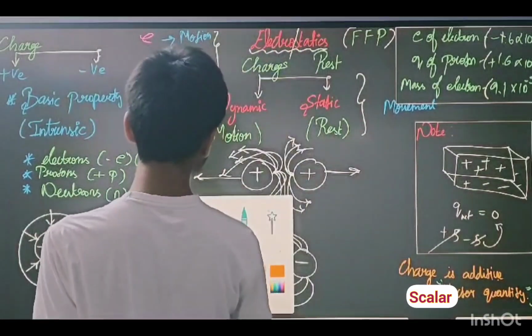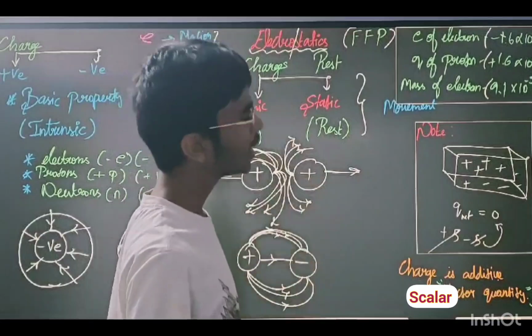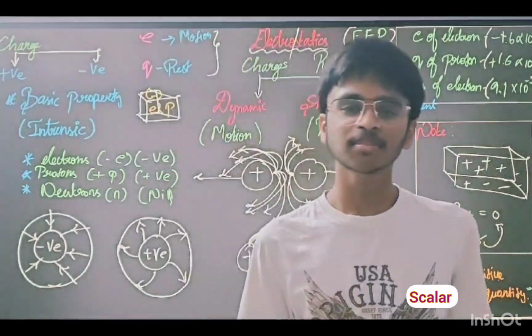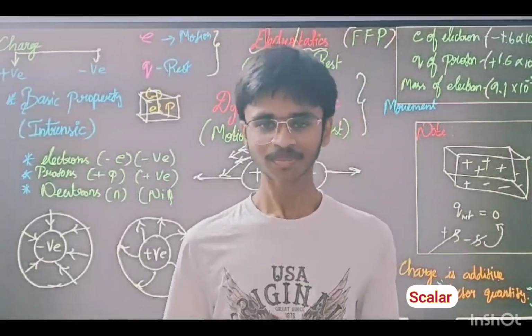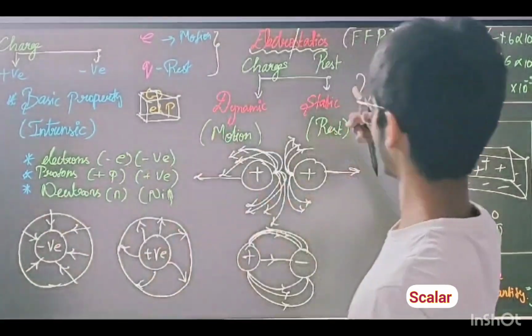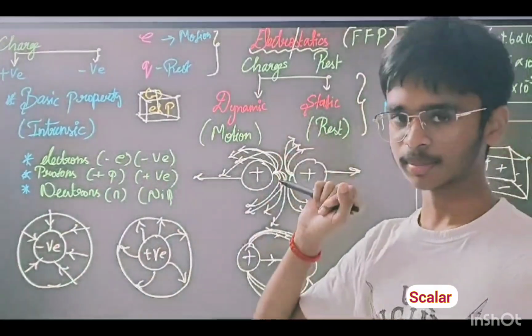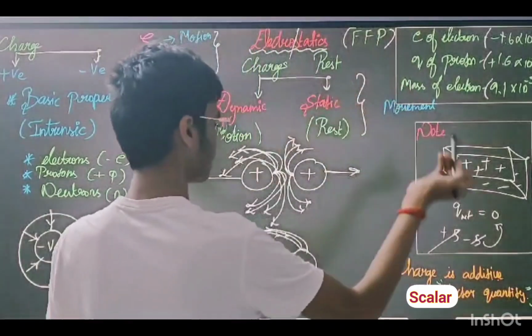Electrostatics. So what does it mean? Electro means charges, static means rest, okay? Dynamic means in motion. So the exact opposite term of electrostatic is going to be electrodynamic. See, when charges are at rest,